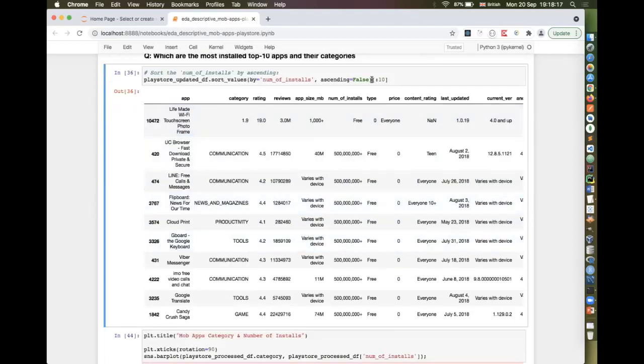Here I have filtered it out for only 10 rows. If you want 20 rows, you would slice it using colon 20. Basically, it says all the fields and 10 rows.